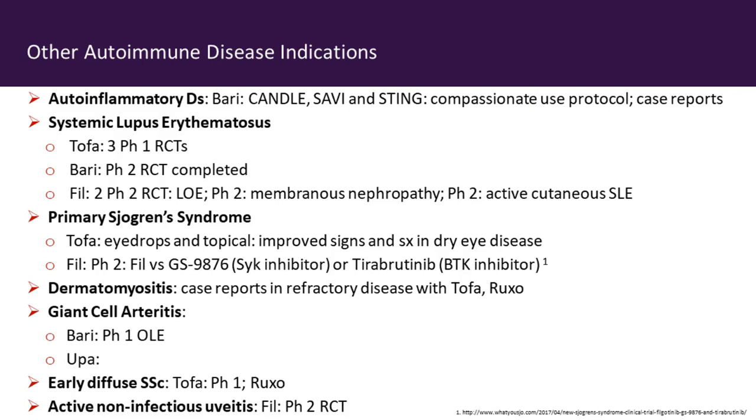Systemic lupus. Well, essentially, Tofacitinib is being looked at in RCTs, but I believe now Pfizer's moved on to what they, again, call disease-specific JAK inhibitors, and I don't even know which JAKs they've selected. Baricitinib just finished a phase 2 study, which was positive, and I'll show you that. And then finally, Filgotinib has a series of trials in membranous nephropathy and active cutaneous lupus, and we'll see how those work. Sjögren's syndrome, there's been improvement in signs and symptoms by case reports, and then there's also a study